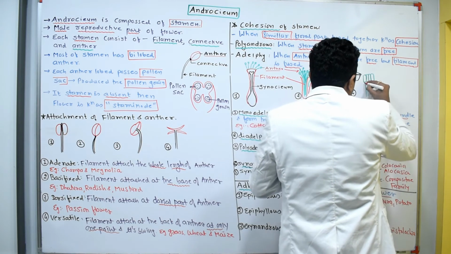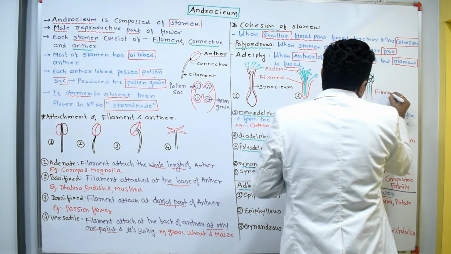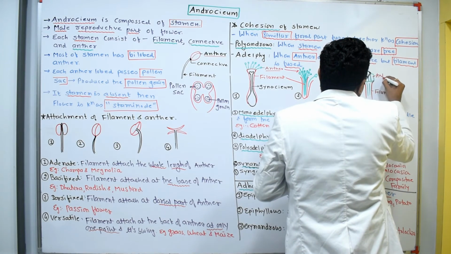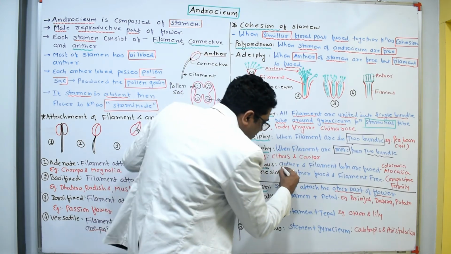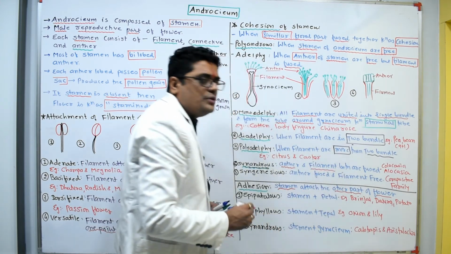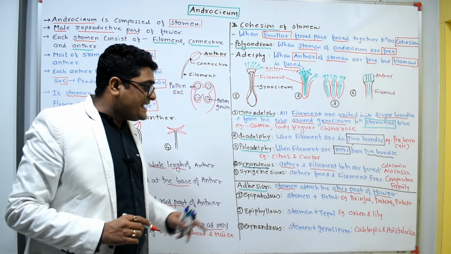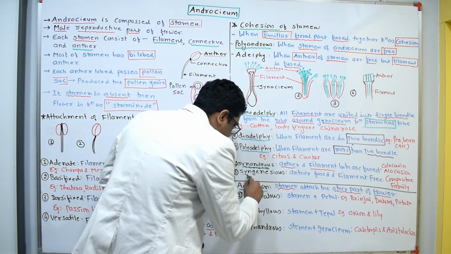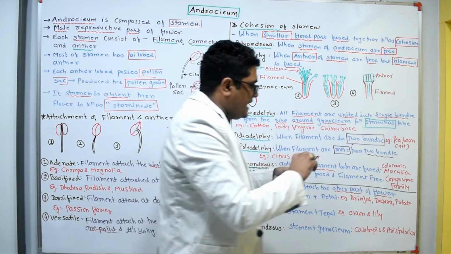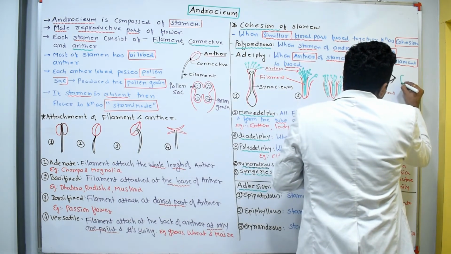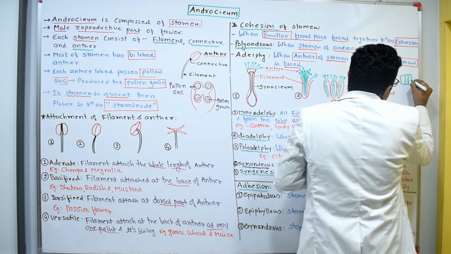Synangiosis, बेटा, synangiosis: anthers are fused but the filaments are free, like this, बेटा. This is the 1st anther, this is the 2nd anther, this is the 3rd anther, this one is the 4th anther, but their filaments are free. Clear? This is the anther, this is the filament. It is the 5th in number, beta. So यहाँ क्या होगा बेटा, anthers fused and the filaments free. So this is the synangiosis.